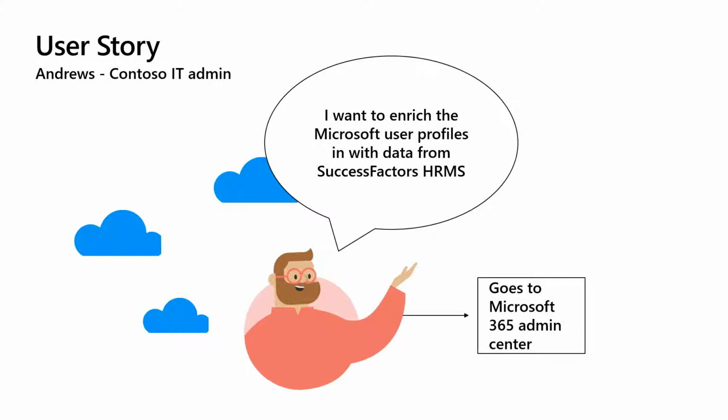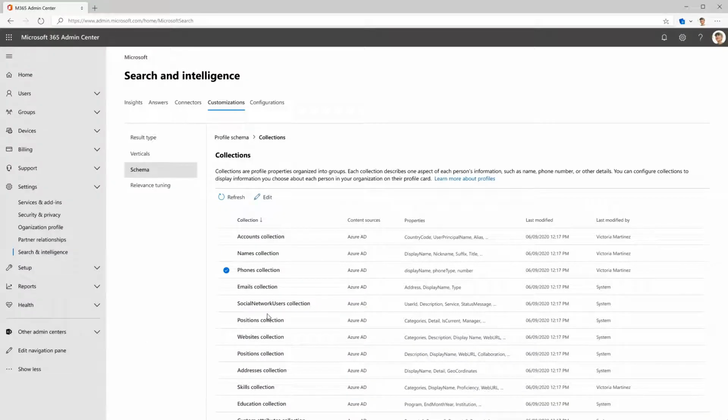So as a first step, Andrews configures a graph connector that securely ingests the profile data from SuccessFactors into the Microsoft ecosystem. Then Andrews goes to Microsoft 365 Admin Center to enrich the profile schema with this ingested data. Inside the Microsoft 365 Admin Center, in Search and Intelligence and under Customizations, you can see that you can enrich the profile schema. So what you see over here